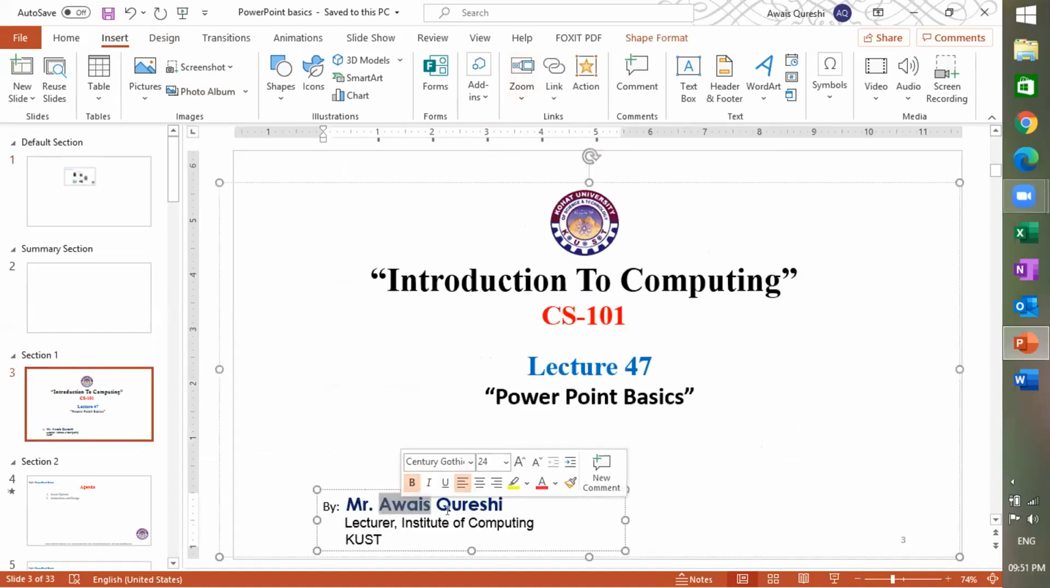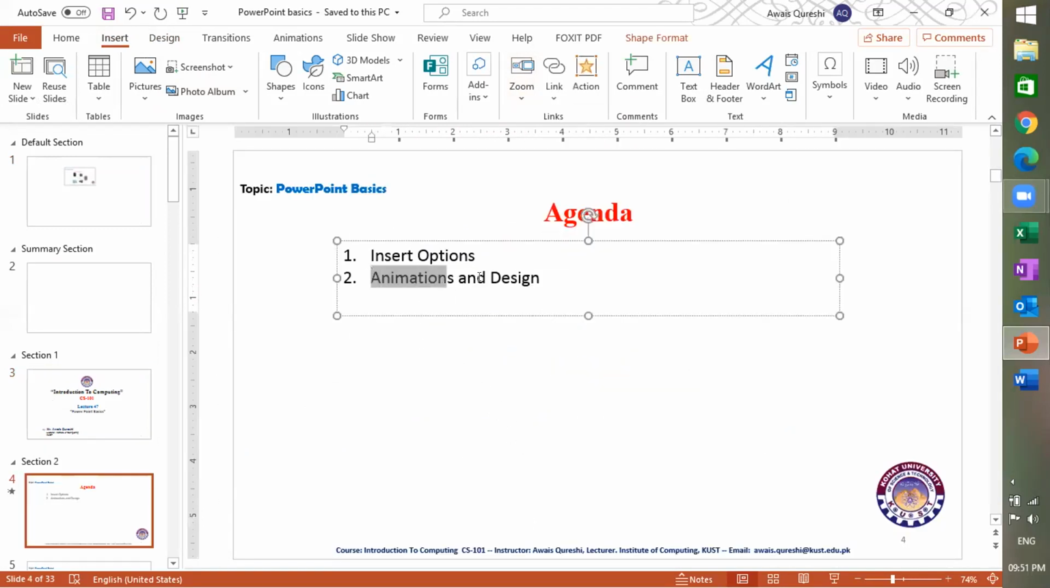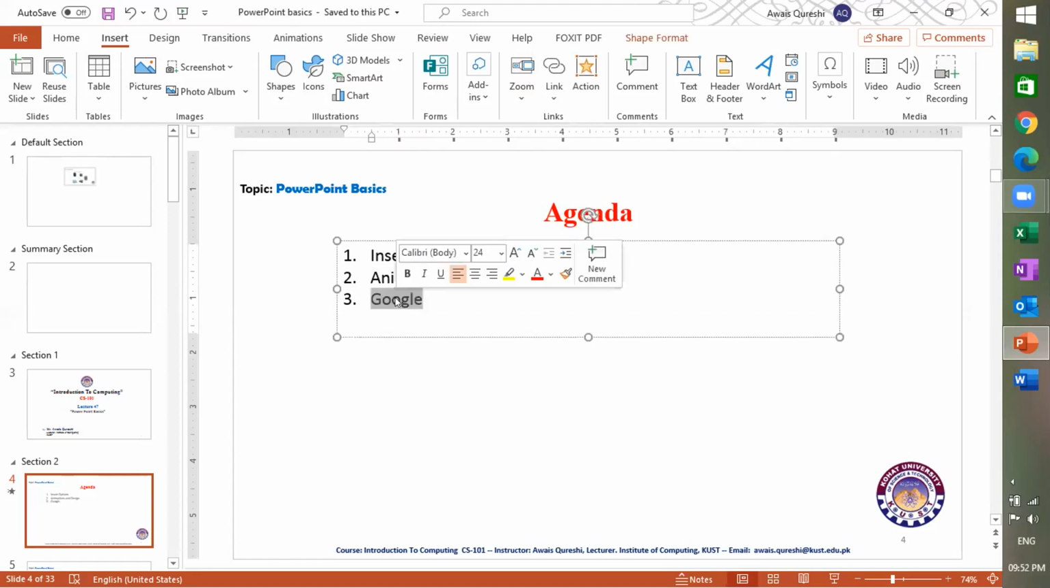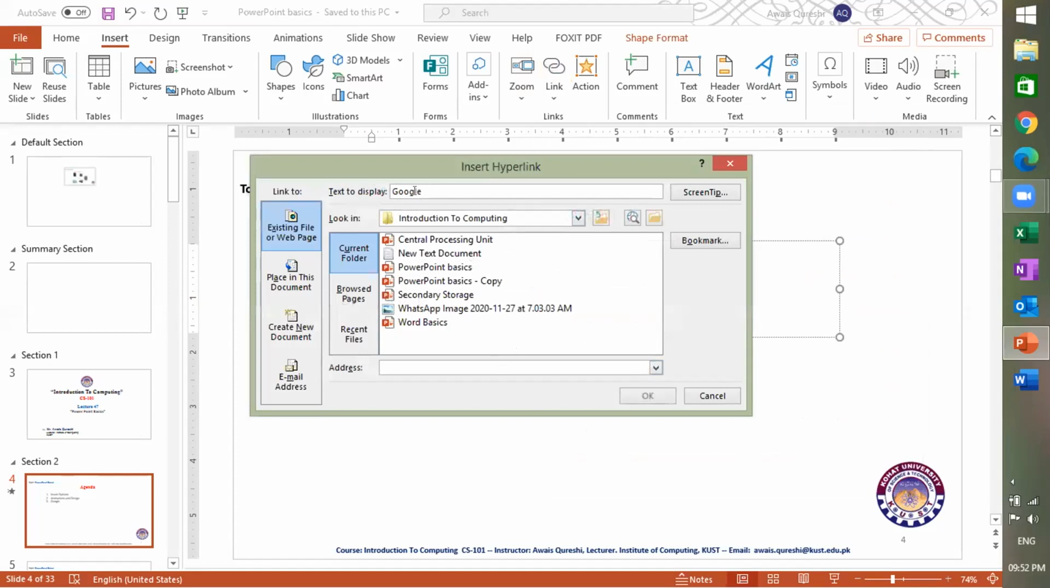Let's see, I'm going to add a link over this text, okay. Sometimes we need links. I'm going to add a link over here. It is called Google. So after double clicking on it and then add a link, the insert link, text to display Google, and we can add http dot google.com. Okay,